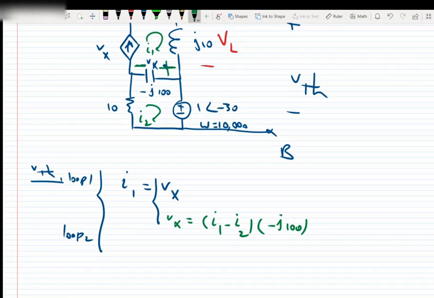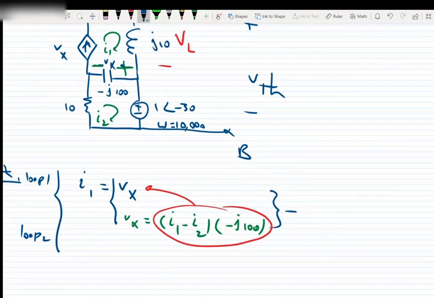Okay, so if we substitute this value instead of Vx, we will have I1 is equal to negative J100 times I1 minus I2,